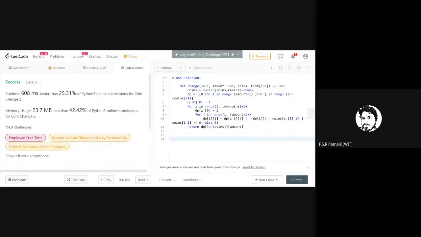Okay, and once again, I'm telling you, if you think that placement season is gone, it is there, I will not practice. If you practice it, I am assuring you at this juncture, remember, this will be very useful to you. The day when you crack some product development company's interview based on the practice which you're doing, you will really thank yourself first. It's very important.